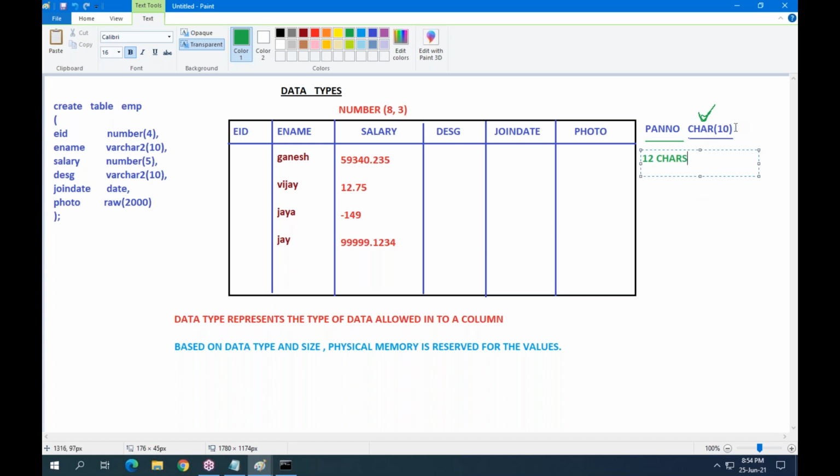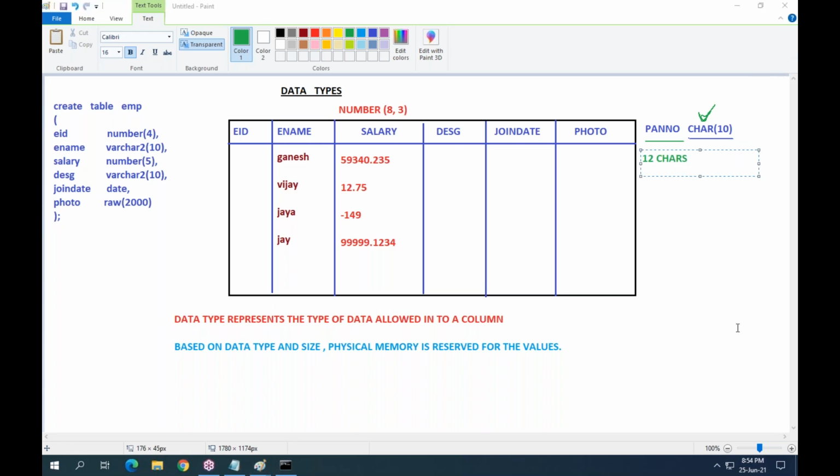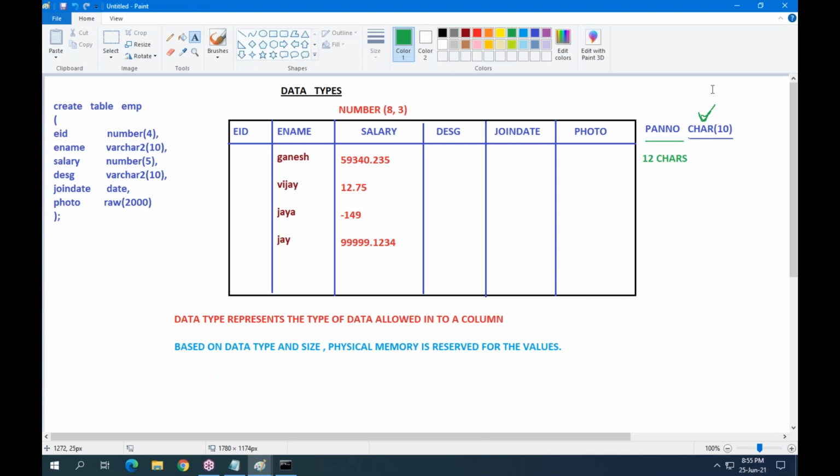Then, if it is varchar2, it will accept. So actually you can use varchar2(10), but according to business standards and database standards, for fixed length value columns, use char. You can also use varchar2(10), no problem.